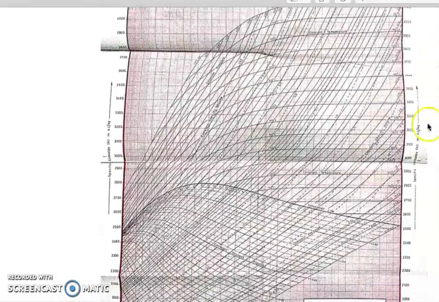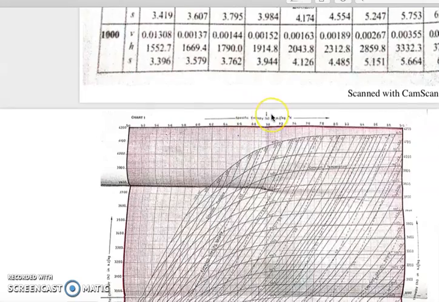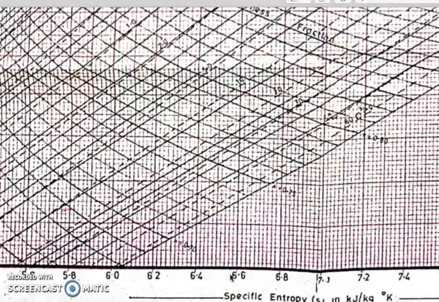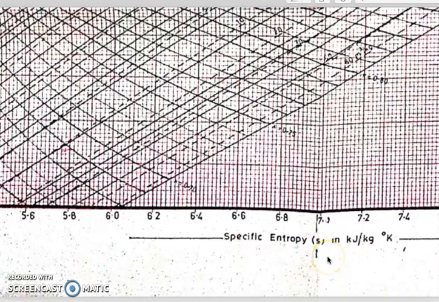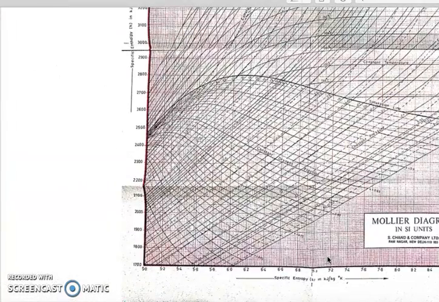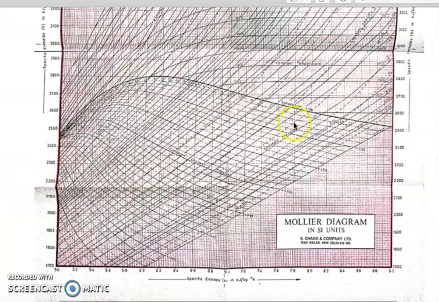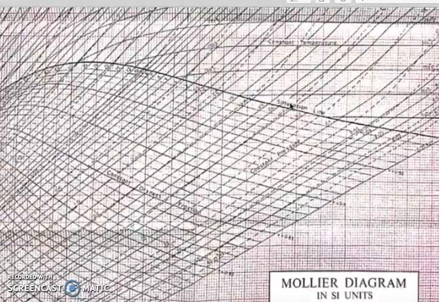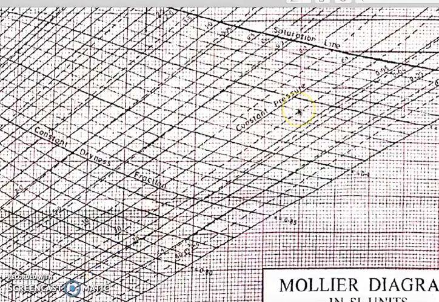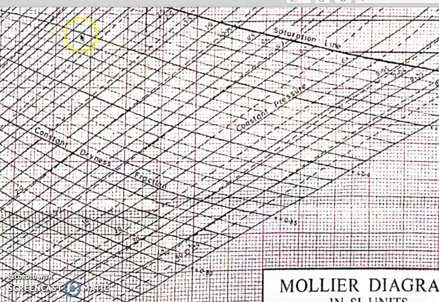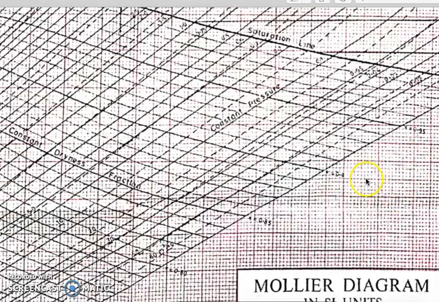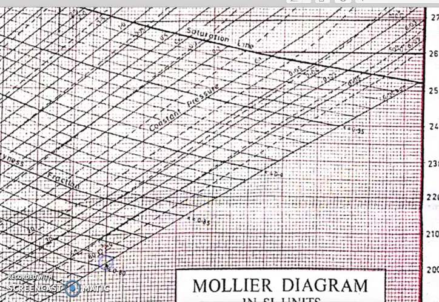It is on the left and right both. Then on the top and on the bottom we have the specific entropy, so from here we can read the specific entropy. Inside the chart, this dome shape represents the saturation line. Saturation line means where the dryness fraction is equal to 1. The rest of the lines parallel to the slope are constant dryness fraction lines. It is mentioned over here, and the dryness fractions can be read as 0.95, 0.9, 0.85, 0.8 and so on